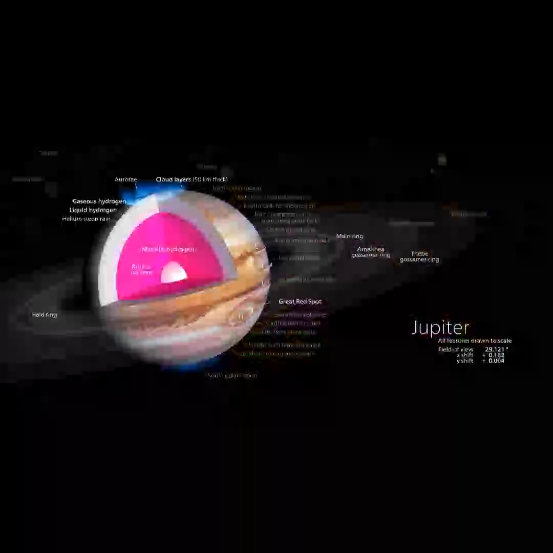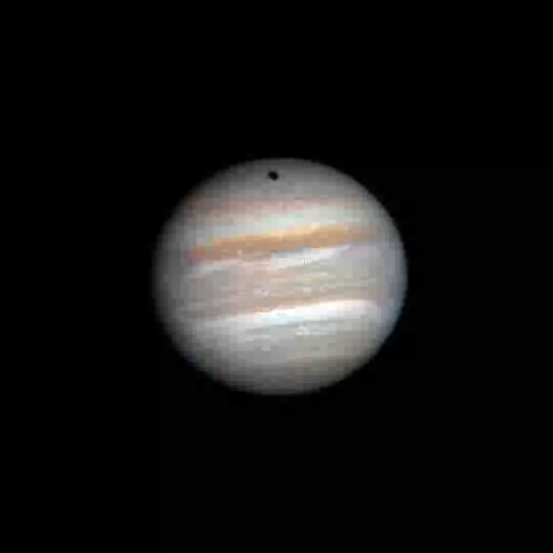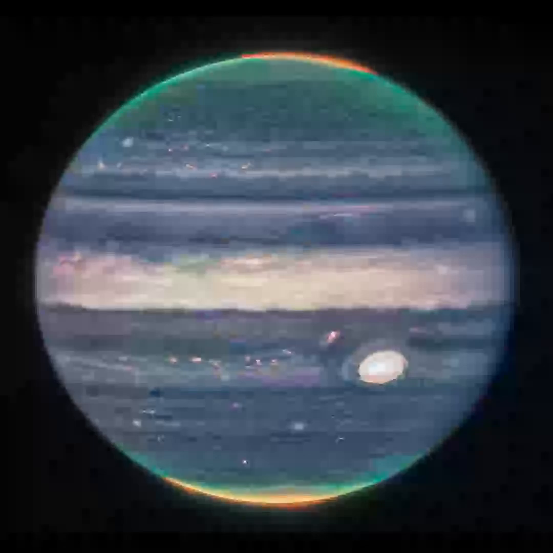Rain-like droplets of helium and neon precipitate downward through the lower atmosphere, depleting the abundance of these elements in the upper atmosphere. Calculations suggest that helium drops separate from metallic hydrogen at a radius of 60,000 kilometers, 37,000 miles, 11,000 kilometers, 6,800 miles, below the cloud tops, and merge again at 50,000 kilometers, 31,000 miles, 22,000 kilometers, 14,000 miles, beneath the clouds.